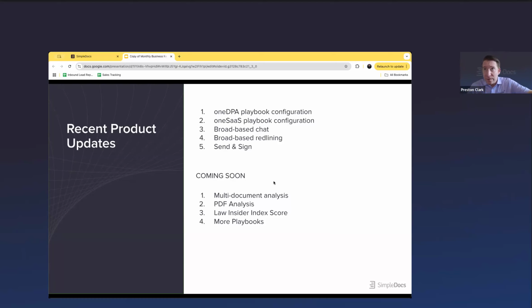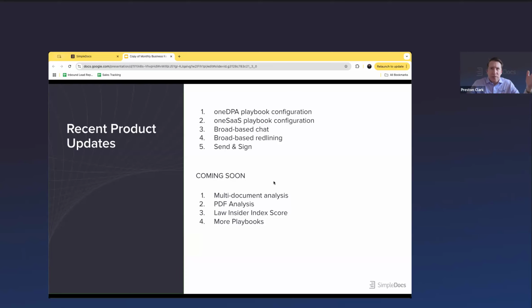On the 24th, so 13 days from now, which is super exciting. And I'll tell you what it is now. I'll give you a little bit of a preview today, but it's going to be integrated into the AI review tool. But the description of it is that Law Insider, which I also co-founded, as many of you may know,